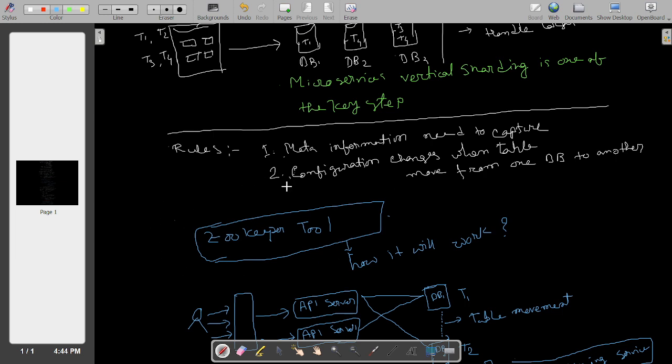Zookeeper is capturing all that meta information, and at the same time it is keeping the API server updated. So whenever there are changes, the API server knows where it is at.